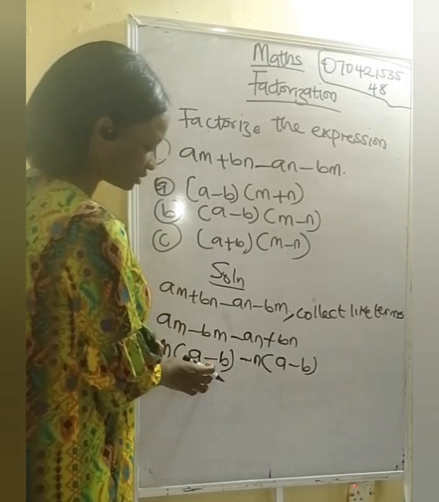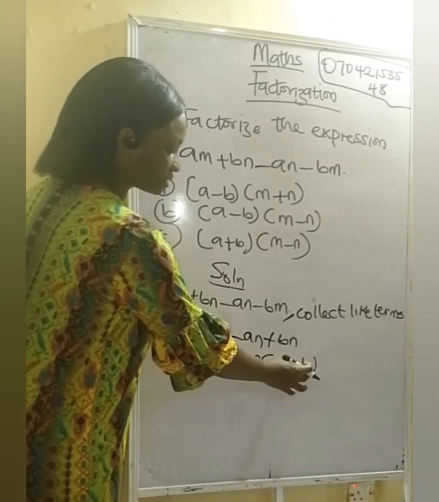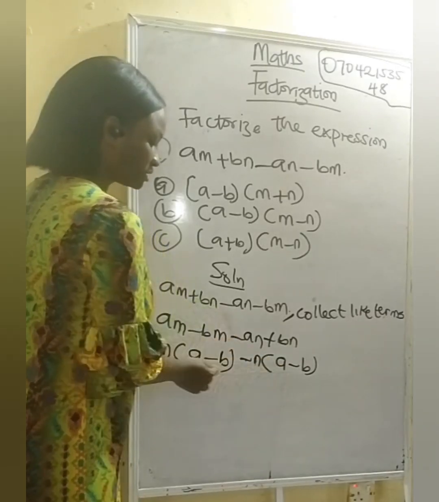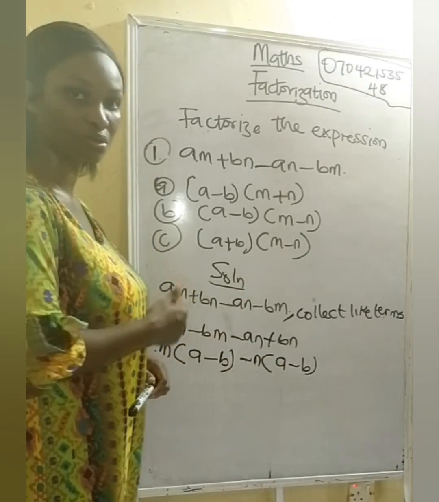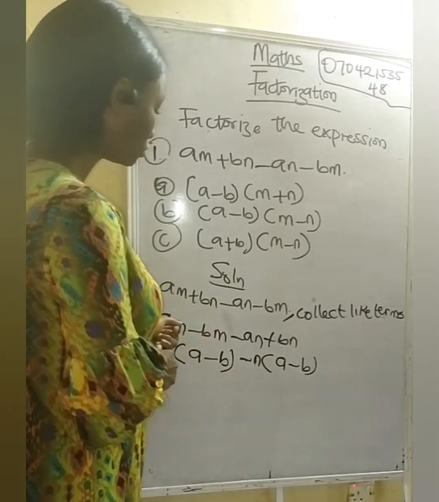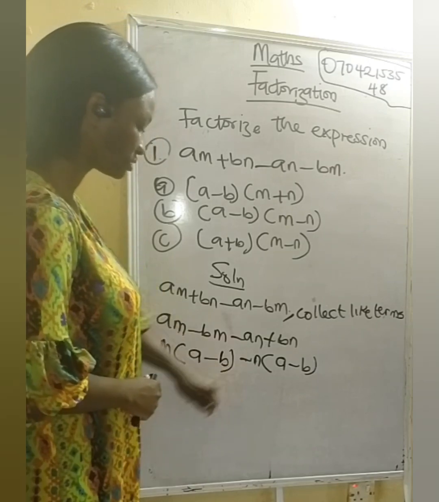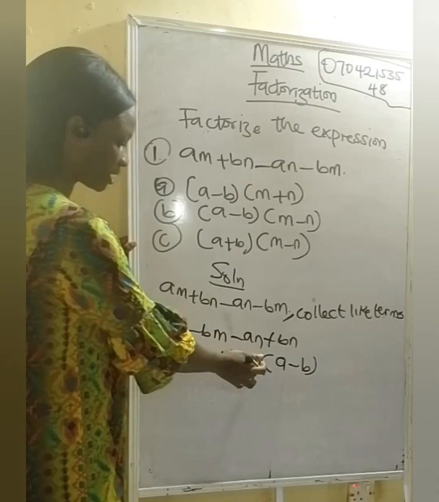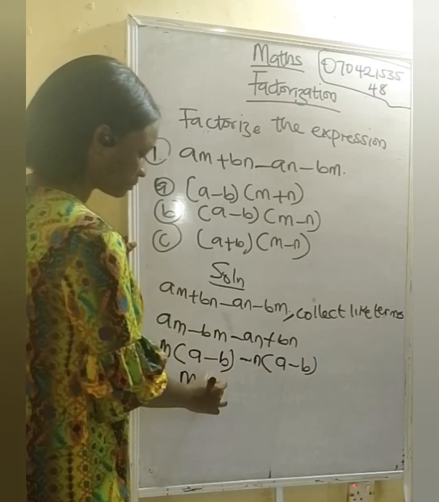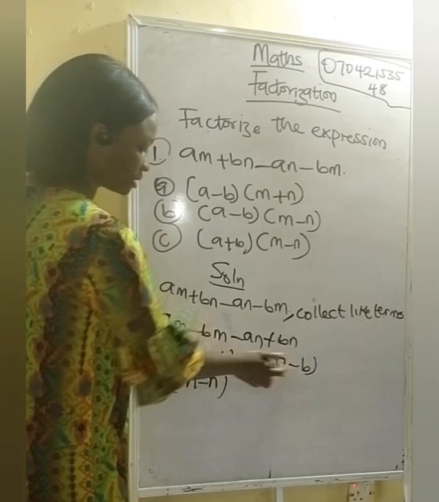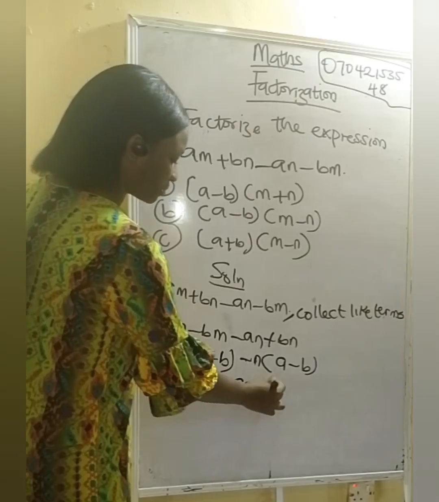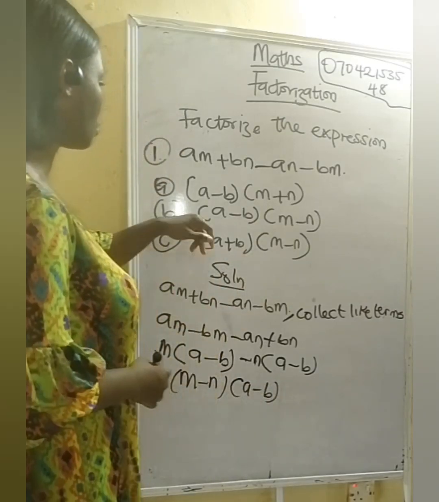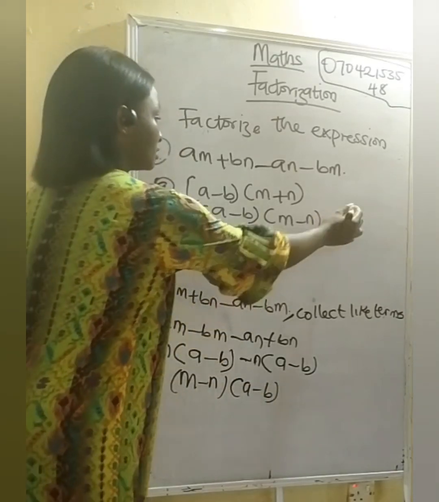As you can see now, what is here is also the same with what is here. So that is one thing about factorization. They must be the same. If they are different, then that shows the equation is not correct. All right, so you have to check it again. So let's bring out this one outside first, then followed by this inside. That is m minus n. That will be m minus n. Then one of this, we pick one of this: a minus b. Are you seeing it now? So it's simple as that. So now let's see. It's correct. Option B is our answer. So let's solve